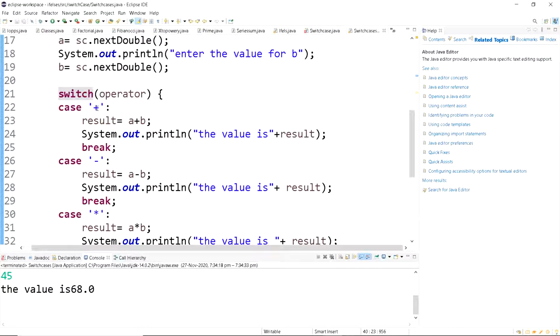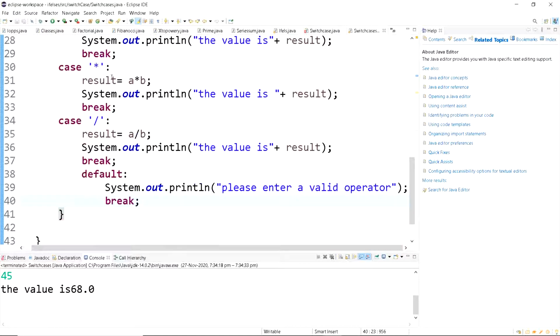So if the user mentions the plus operator, then the result would be the value he enters for A plus the value he enters for B. While we print out, inside the double quotes we wrote the value is, and since result is a variable, it directly prints the result here. Then it breaks, and then we have minus, into, and divided by.